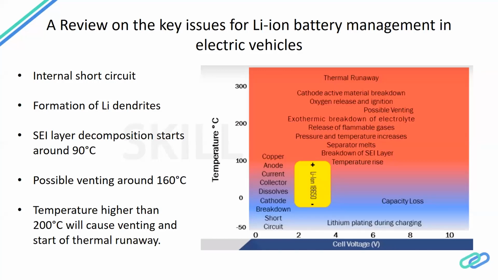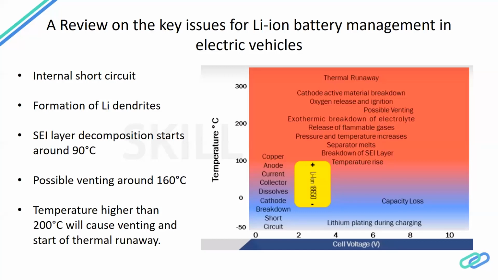Now, if the battery temperature goes around 100 degrees Celsius, the graphite sheet that we talked about will dissolve, it will change into liquid form, and then you don't have anything for the lithium ions to get stuck to, right? So then there won't be any chemical to electrical conversion and your battery will stop working.